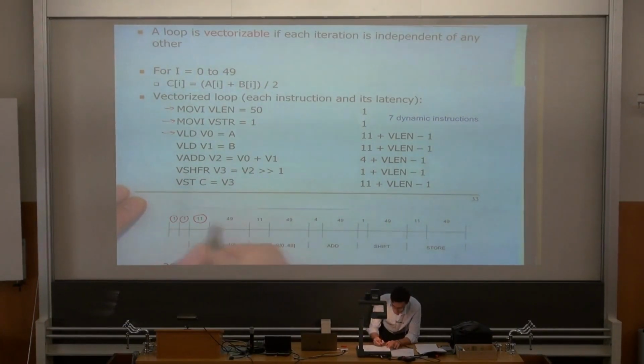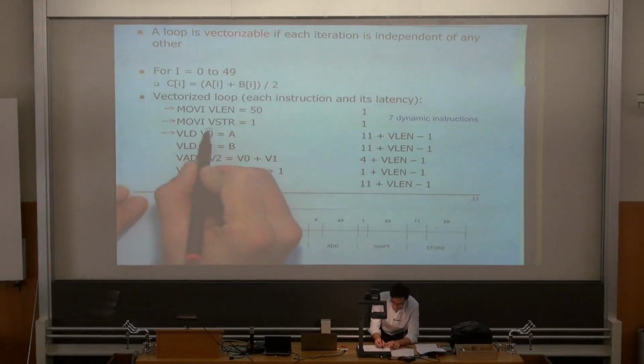So right after that, at this point in time, we will get element 0 of array A, and one cycle later we will get element 1. One cycle later we will get element 2, and after 49 cycles, at this point, we will have the 50 elements loaded into our